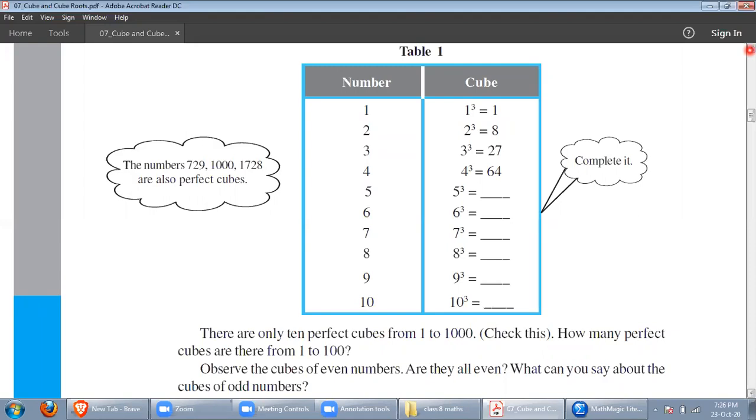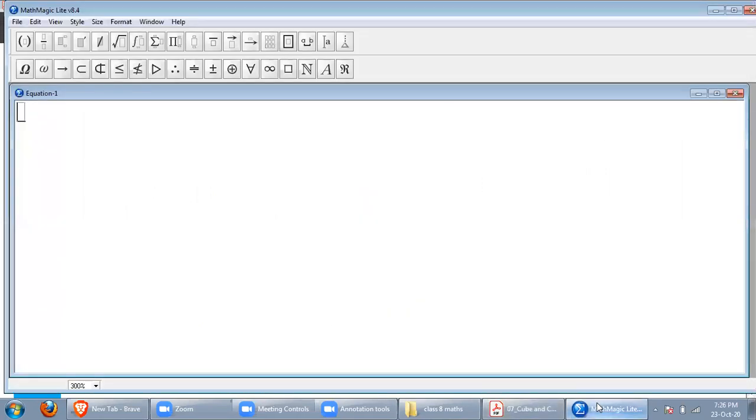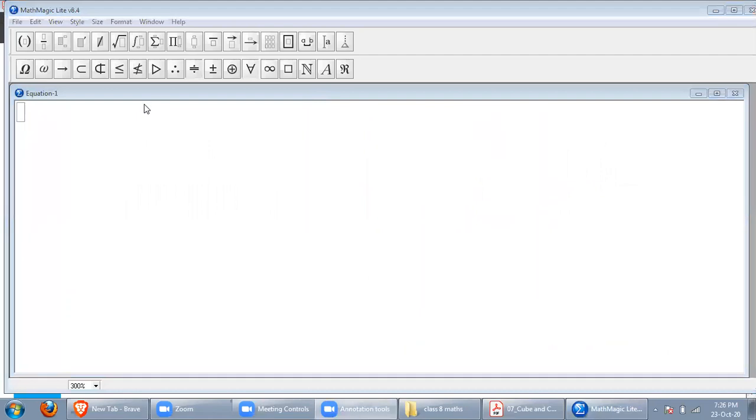Similarly, it will be like that for even numbers. Okay, so we can have a proof here. We know that even numbers are what? Define even numbers. Anybody, please define even numbers. Numbers which can be multiplied by 2. No, anybody can be multiplied by 2.